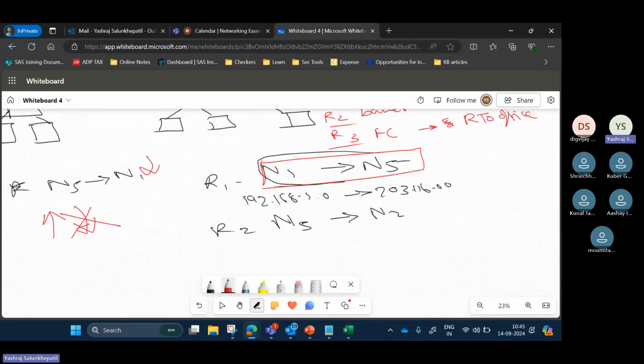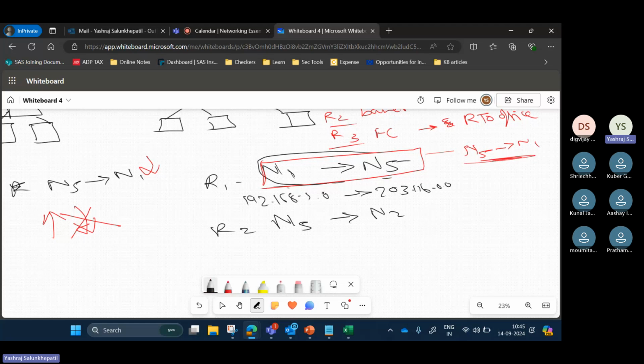सिर्फ एक नहीं. अगर N1 to N5 है, so there should be a mention of N5 to N1. Only that means then कि the communication is bidirectional. जा भी सकता है, आ भी सकता है. अगर नहीं है, तो that means it cannot. From N1 you can go to N5. From network 1 you can go to network 5, but you cannot come back.